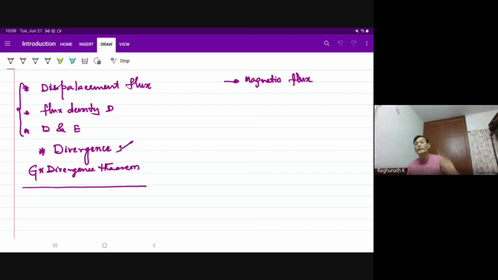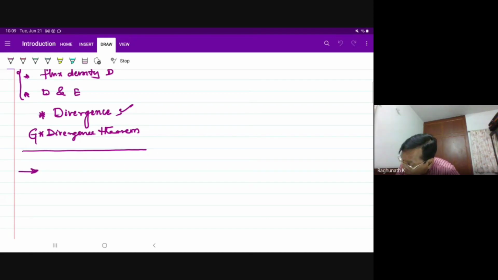Instead, if I can completely describe that particular field by using a scalar quantity, it's a wonderful thing for us. And the scalar quantity that we define and I use everywhere in my circuits is voltage, the potential. I will understand what potential at a point is because of a point charge. If I know the expression for the potential at a point because of a point charge, it is just integration for me to determine the potential because of any distributed charge. Potential being a scalar quantity, the integral is a single scalar integral.